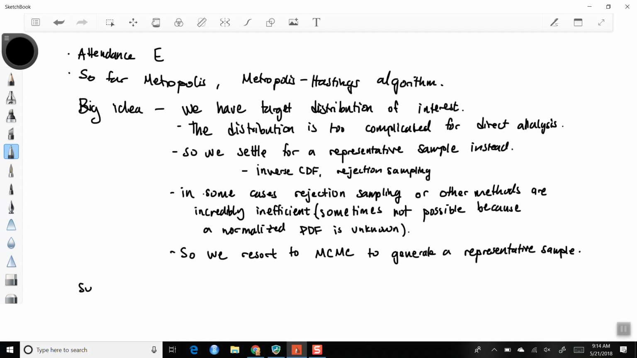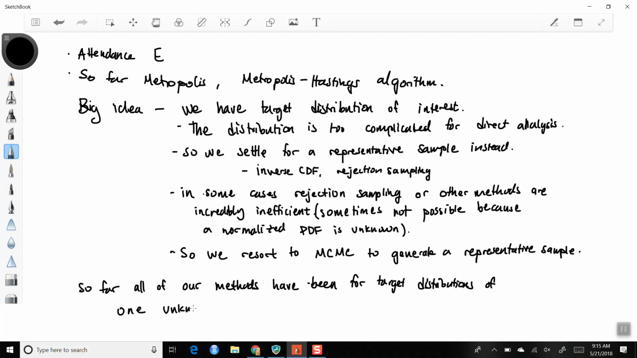So far, all of our methods have been for target distributions of one unknown random variable, right? Okay, so for one random variable,